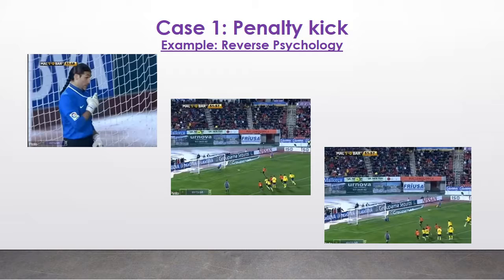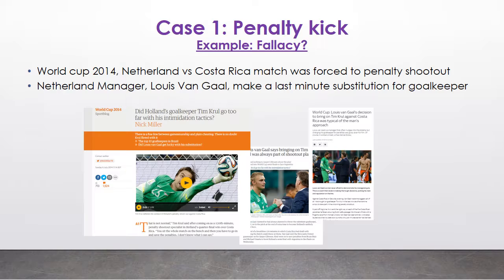So let's take a look at some other interesting examples of the penalty kick. In the 2008-09 season, a goalkeeper played a reverse psychology trick. Here is the sequence of events. The keeper started by pointing to the right-hand side, indicating that he was going to dive there. From the striker's point of view, he thought the goalkeeper was trying to trick him. So without any doubt, he did the reverse and shot directly to the right-hand side. But the goalie was actually doing exactly what he had said, and in the end, he comfortably saved the goal by diving to the right. So it turns out that his plan worked perfectly.